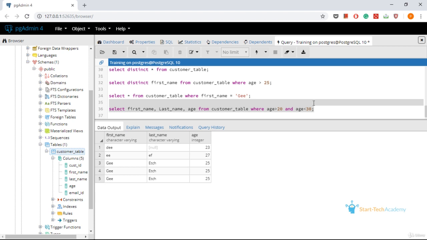Now if we want all the other customers, that is, customers whose age is less than 20 or more than 30, we will be using the or operator. Let us write that.